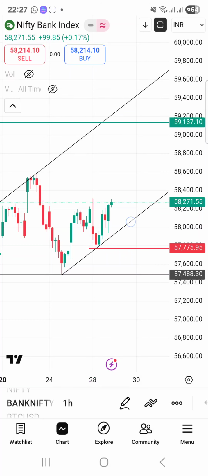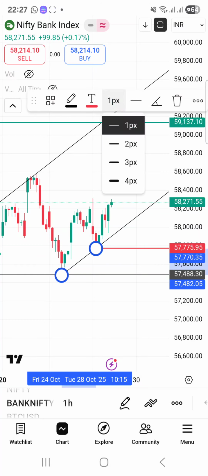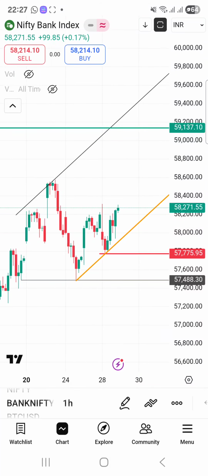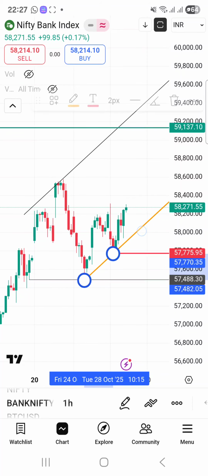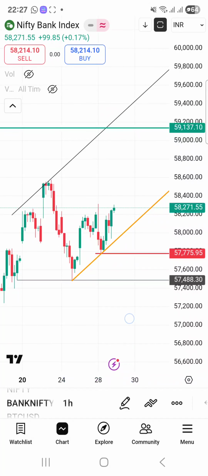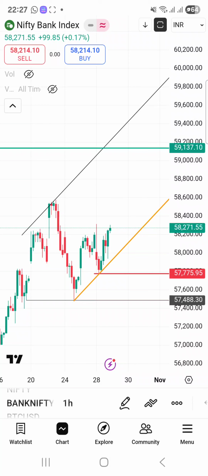And the entry point again I'm mentioning here with, say, this color. Okay, so this line could be a re-entry line, or anytime when price touches any of these lows could be re-entry. Stop loss is this red line, and the target is